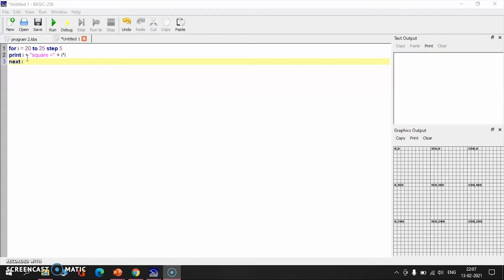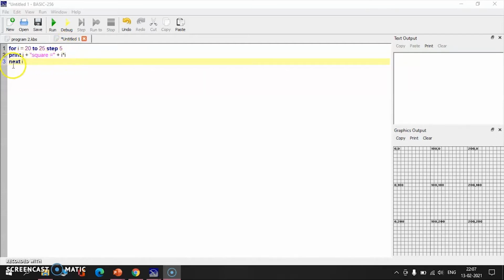So this plus symbol is used to combine two statements in a single line. Then square is equal to, given inside quotes, which means that it is a string. Then you are instructing the computer to multiply I into I, which means I square.